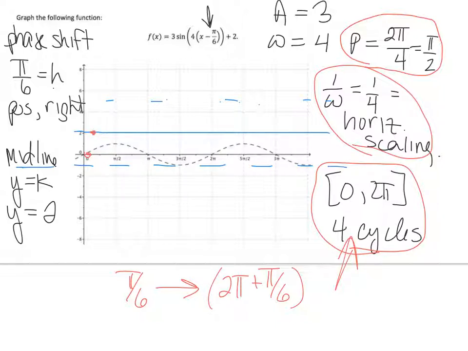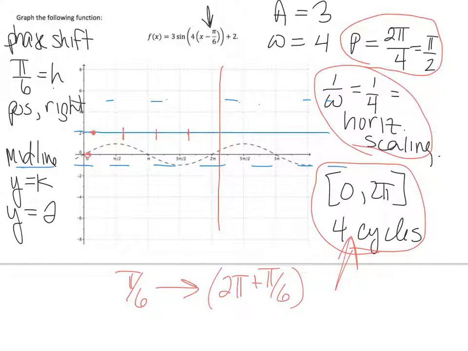So really, you can split this into 4 pieces. Here's 2 pi. So somewhere between, well, if that's 2 pi, hold on. We want 2 pi plus pi over 6. So we need 4 cycles in there. 1, 2. That'll be about it. Those lines shouldn't necessarily be there, but